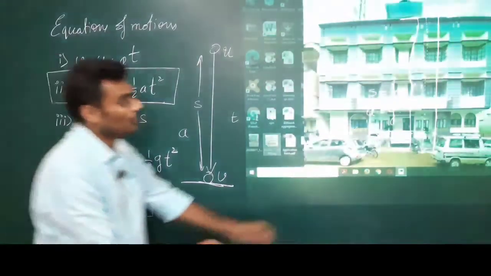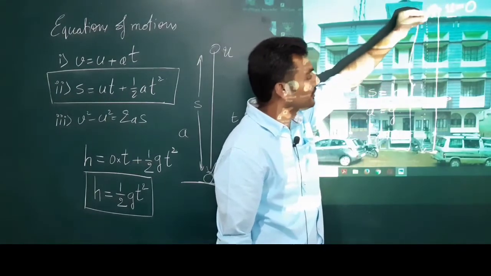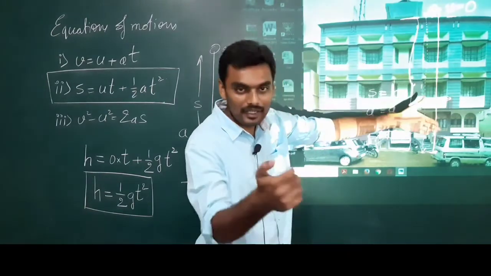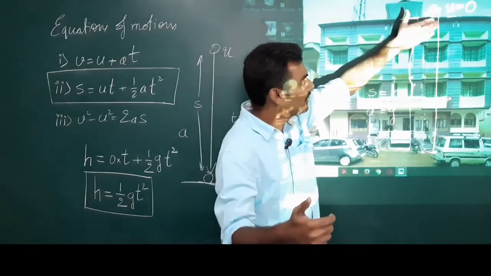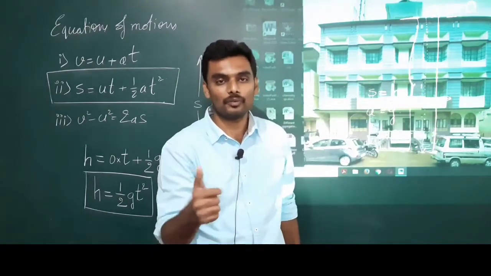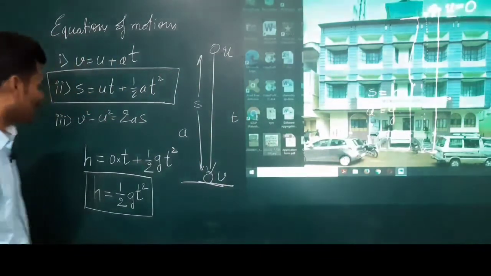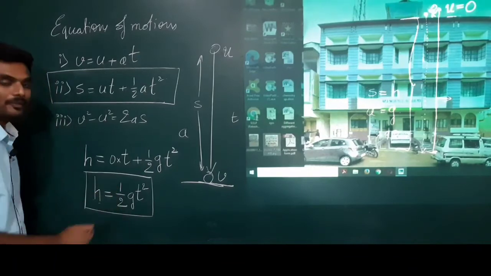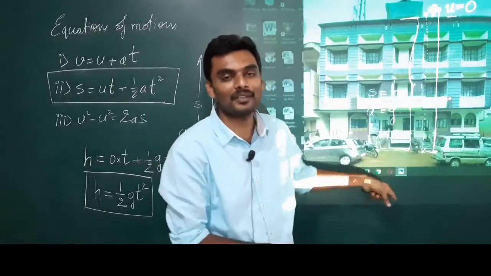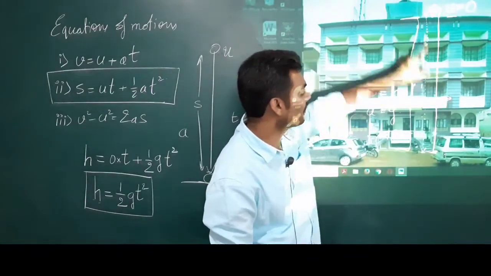Interesting, right? So I go to the top of the building. Now I'll leave the object from the top of the building. The object starts to fall down and I start the stopwatch. As soon as it reaches the bottom, I stop the stopwatch. I'll note down the time, and with that time, I can get the height of the building. So now we are going to measure the height of the building by measuring the time taken by the object to fall from top to bottom.